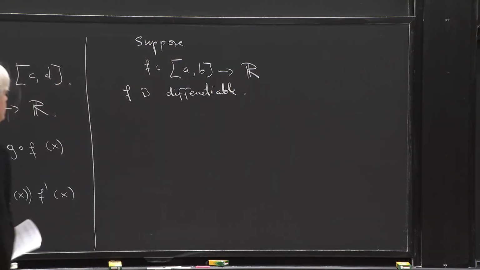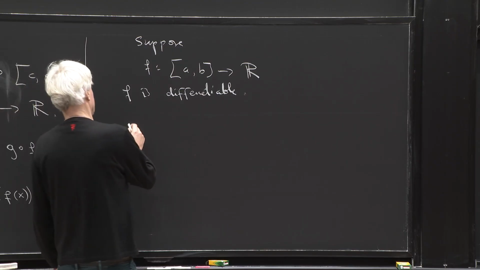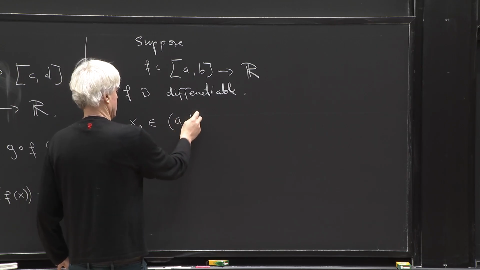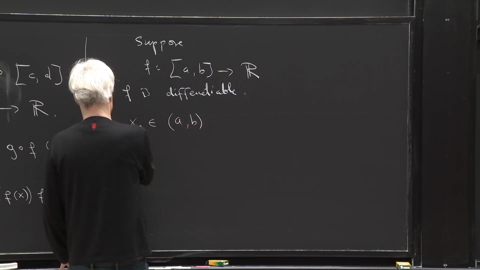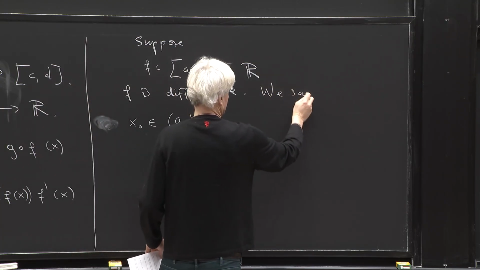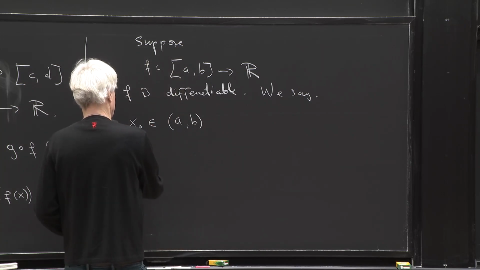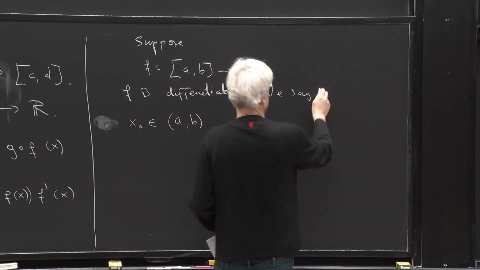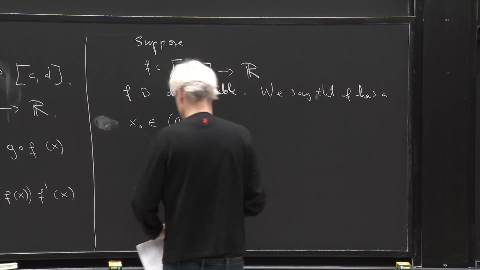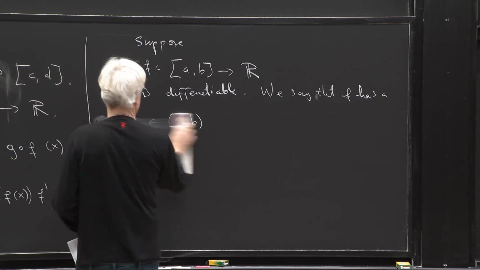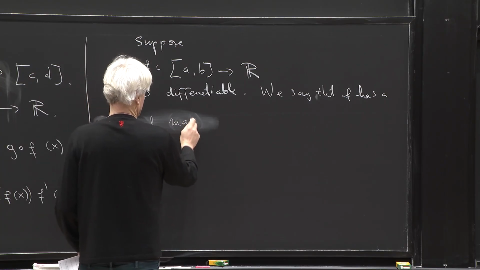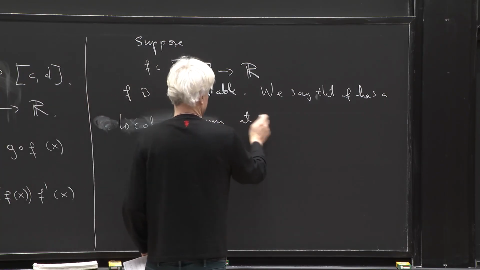It doesn't need to be differentiable for this to make sense, but we say that x0 is now in the open interval here. We say that f has a local maximum at x0